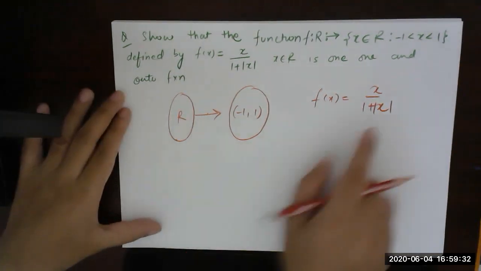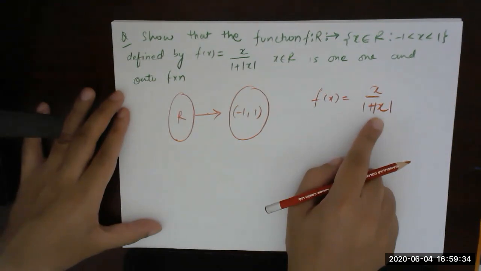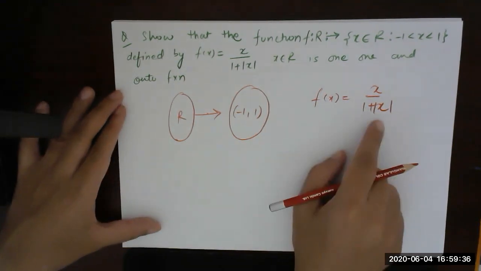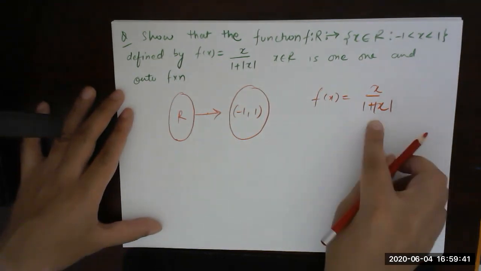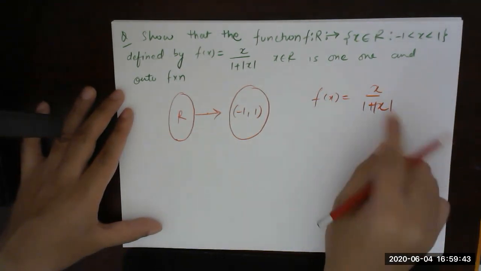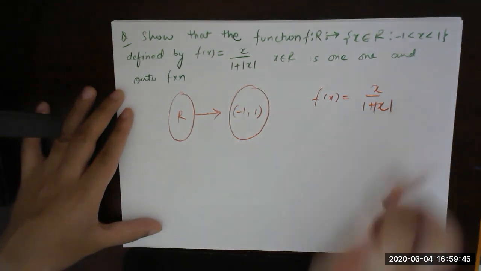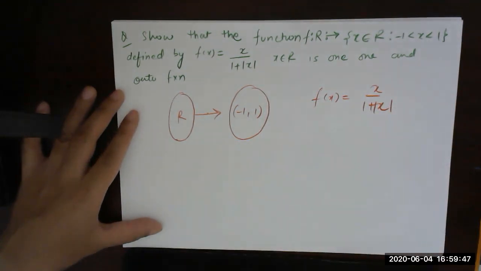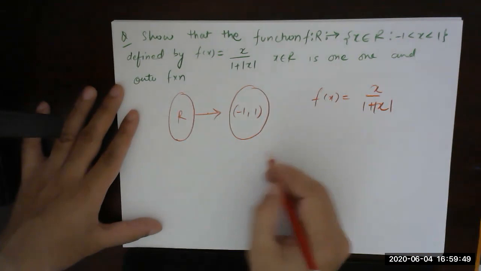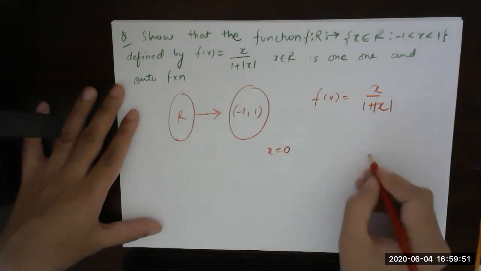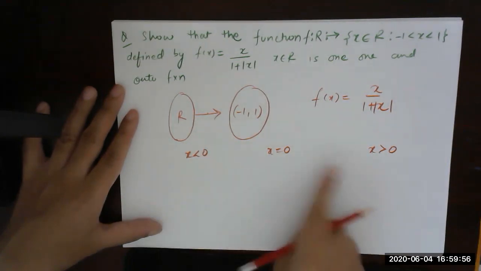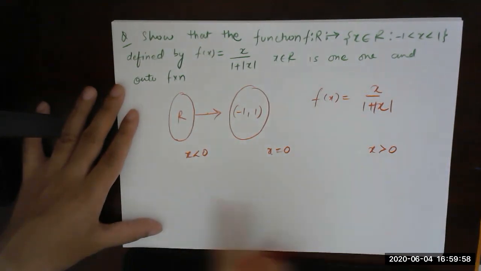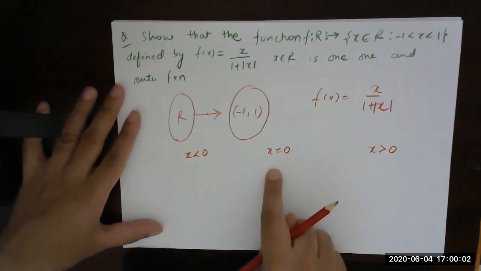So basically, if we have anything related to mod, the first best thing to do is divide the domain of x such that we can remove this mod operator. So what I will do is take 3 parts: first, x equal to 0, x greater than 0, and then x less than 0. So I have divided the whole domain into 3 parts: x less than 0, negative, x greater than 0, positive, and x equal to 0, right?